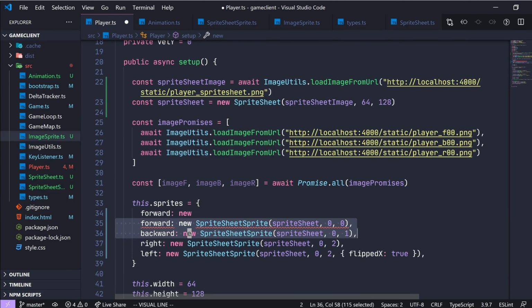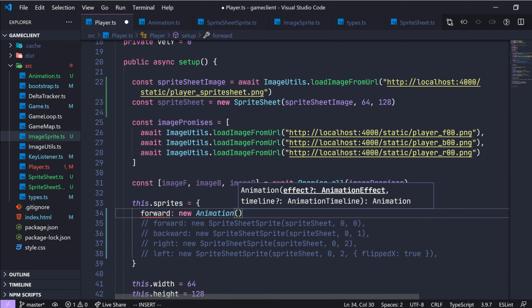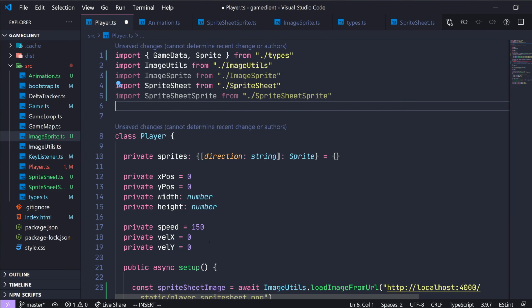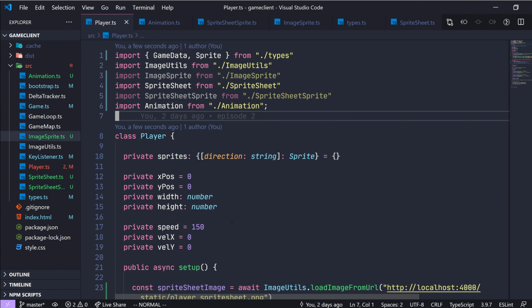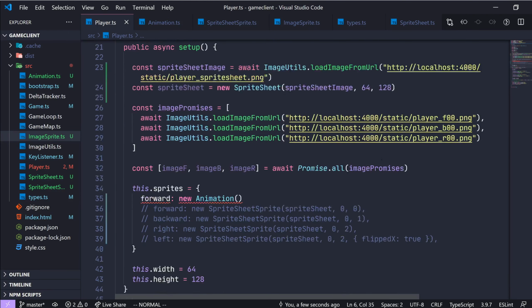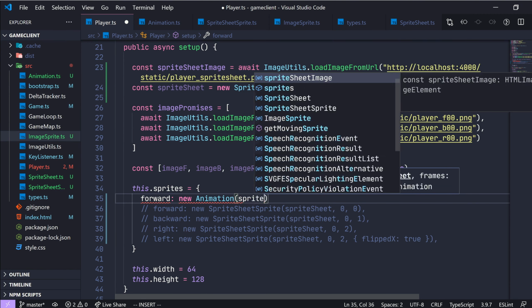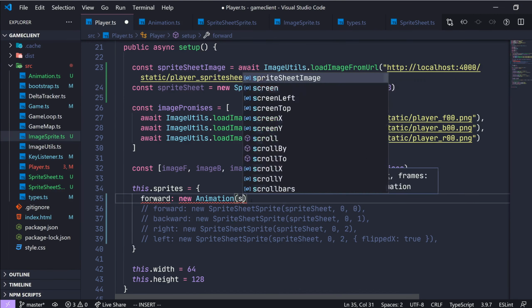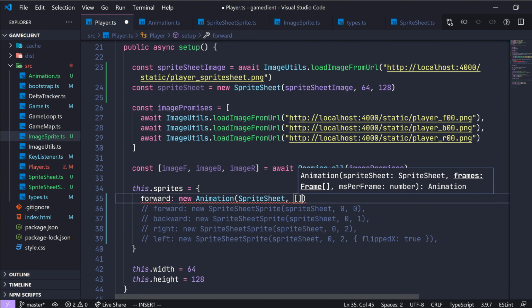I'll make that statement in a bit because it's not as obvious right now. Oh, that animation. I don't want that animation. Will I have to use a different word than animation? Please don't. Never mind. Sprite sheet, and then our frames. We're not going to do all of them manually, obviously. Let's just do